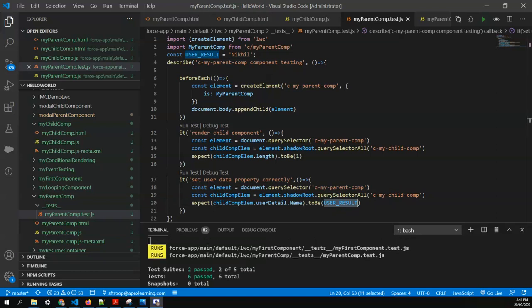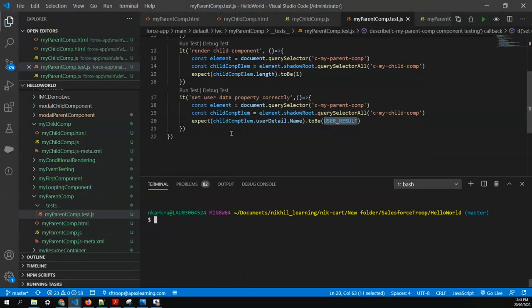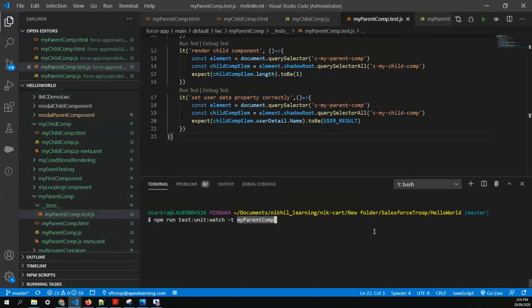Okay, so I stopped my test cases. Let's run it again to test whether our second test case is passing or not. And this time I figured out how a single file will run. So the command should be the same, but you need to pass only the folder name, that is my parent component. And it actually checks the regex pattern, like whether this name is available within this project or not, and we are using it only at one place. When we were passing the whole path, it was checking, okay, the path is available in all the files, that's why it's running the test case for all the files. So I hope this will run a single file this time.